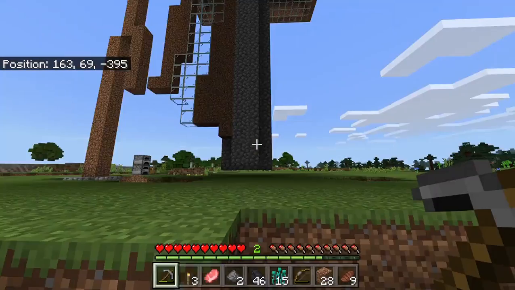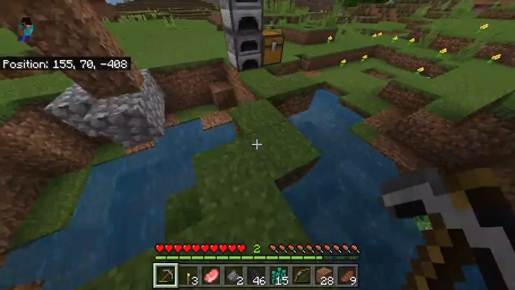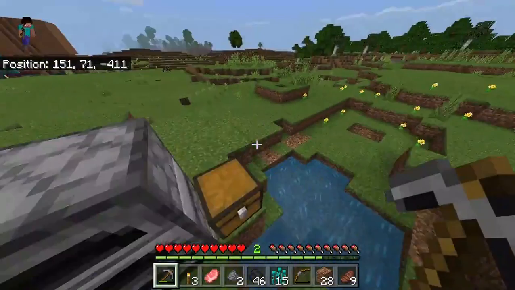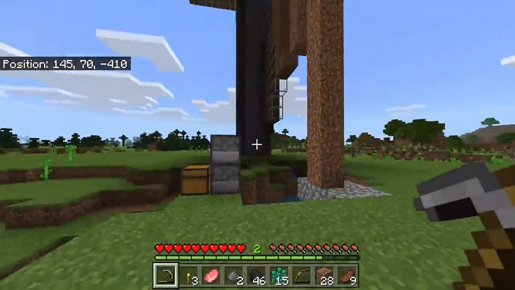I think if it doesn't work, down here works pretty well, as you can tell from all the creeper holes. There's so many creeper holes that it looks like I just blew up some TNT here. It's creeper holes. Anyway, I'm gonna finish the mob farm in the next episode,